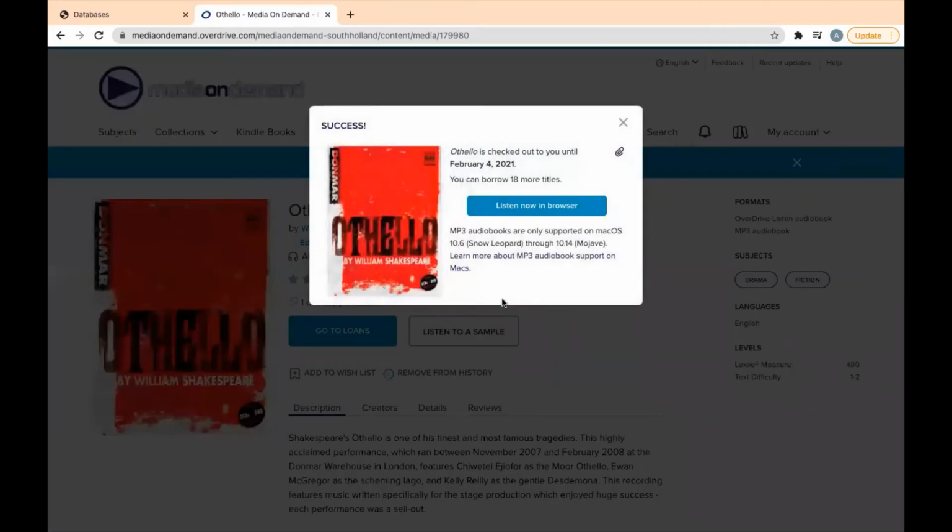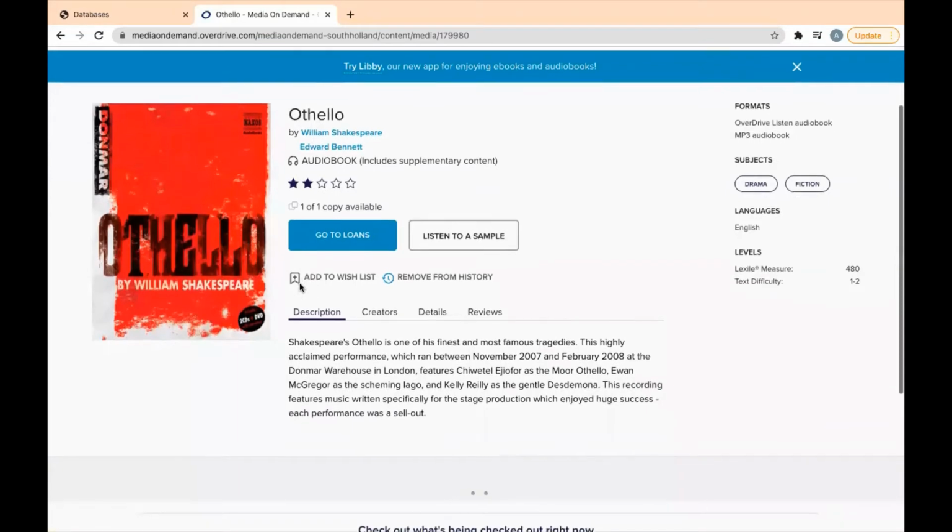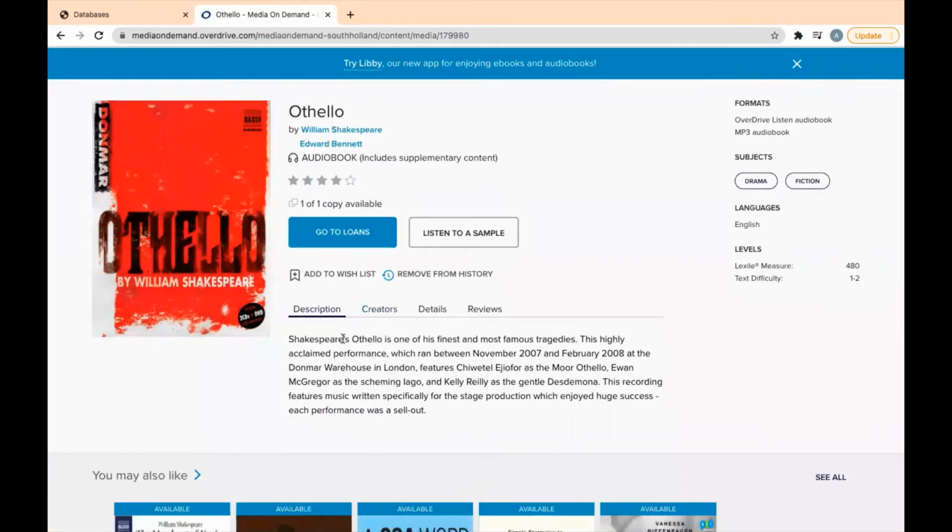and then it'll tell you how many titles you have left in your checkout list, how many more you can borrow. So 18, 20 is your limit. And then it'll tell you your due date as well. You have the ability to listen in the browser right now, and it's the same in the app. You have the ability to listen within the app immediately, or you can wait. I'm going to wait, so I'm going to hit exit,